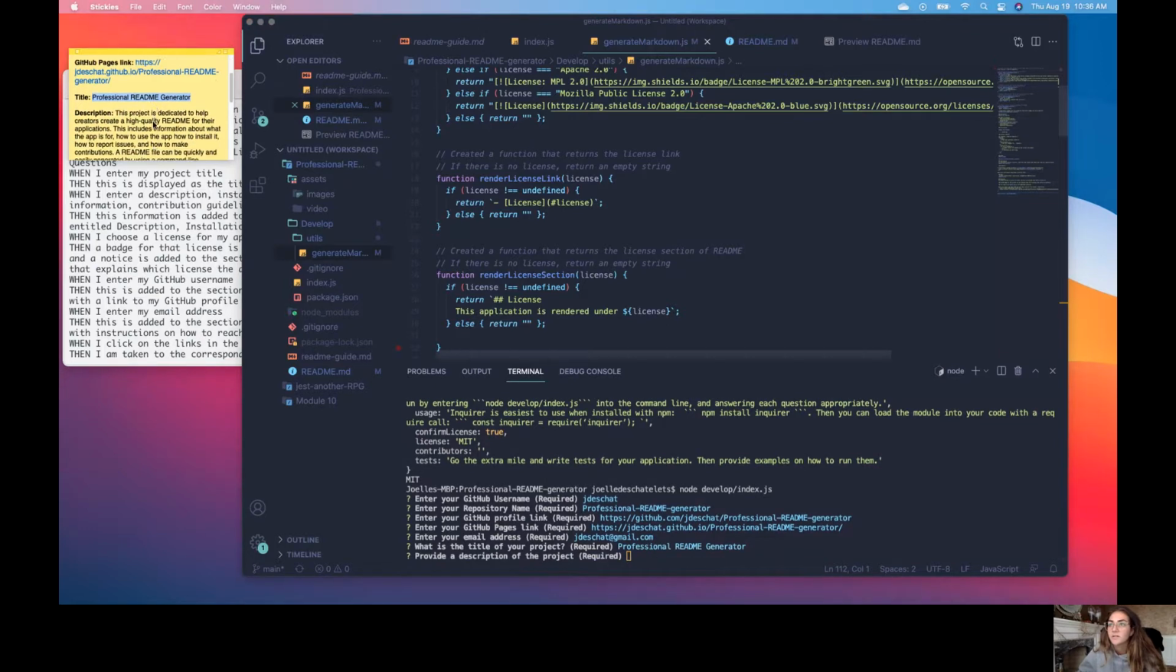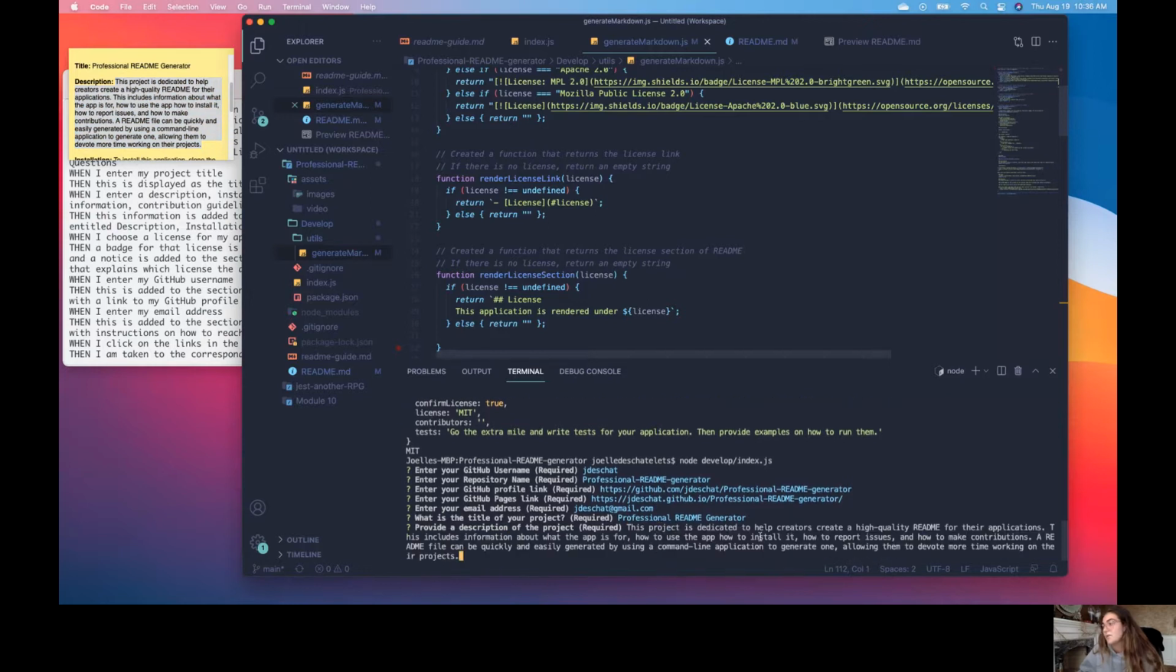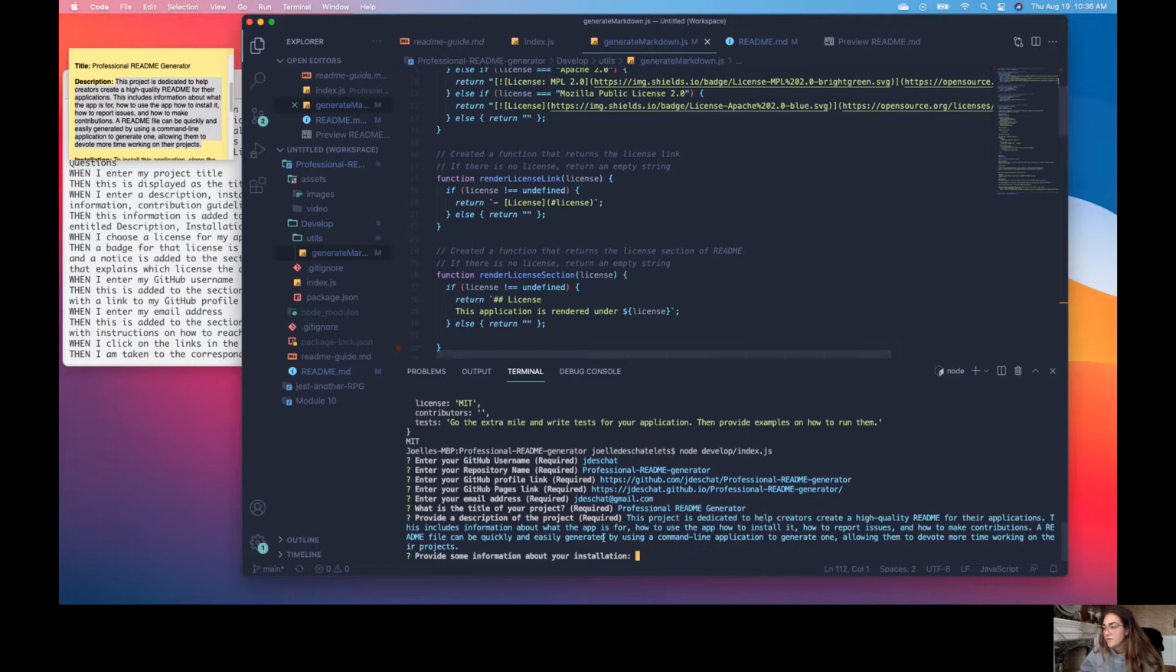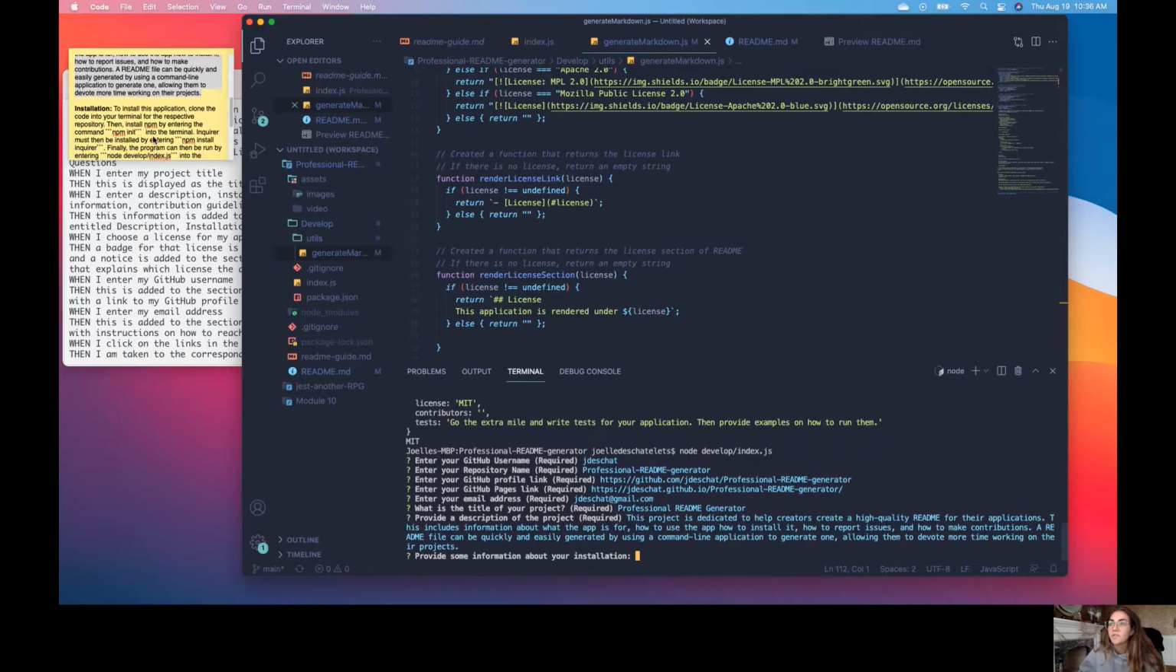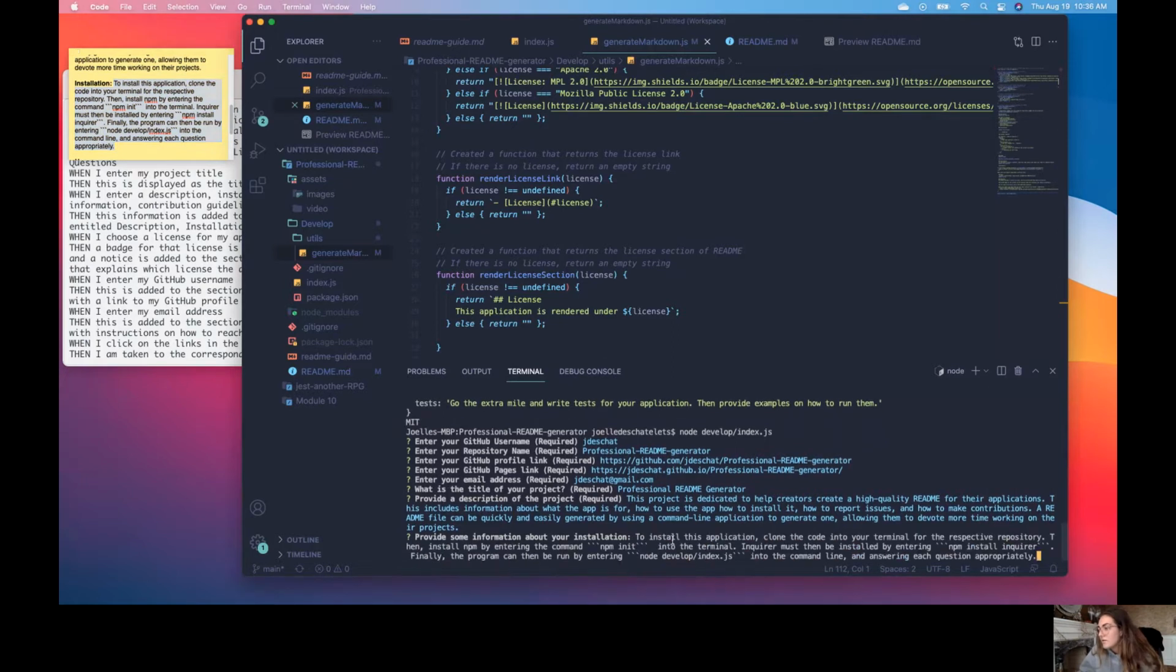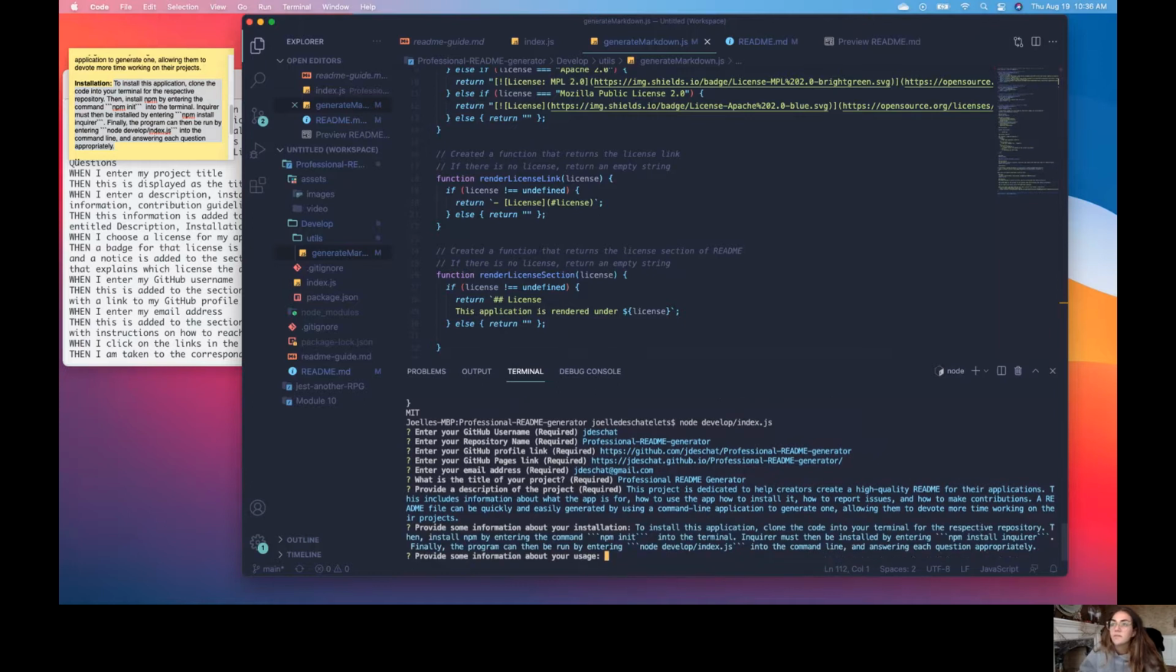Description of my project. So here, this goes on to describe how this project is dedicated to help creators create a quality README file without having to worry about spending too much time on it and spending more time devoted to their actual project. And then here, provide some information about your installation. So I pre-populated this as well. And it just goes on to explain how to install the application and then how to run it in the command line, and then same with information about my usage